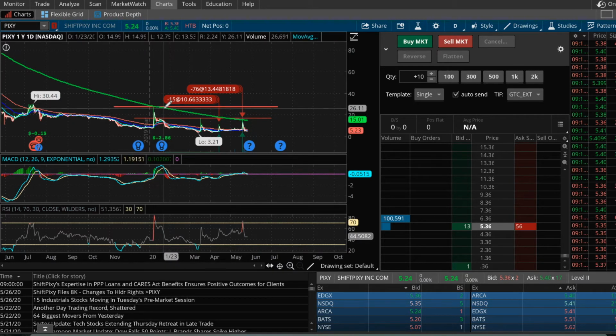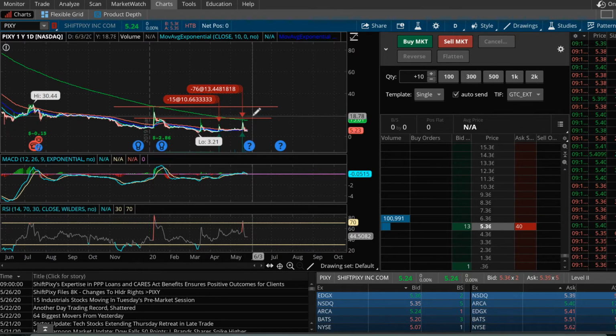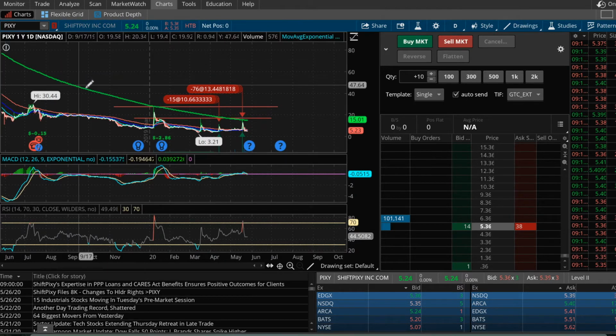So what's next? We have some other areas that I draw in here, and we have this other line right here. Why did I draw this line? It's not perfect as of right now because I was trading this a while ago. Well, this red line just so happened to line up with this peak right here, and this green line is the 200 exponential moving average. Now it's on the daily chart. That is also an area that tends to be an area of resistance when you're trading stocks, especially penny stocks,